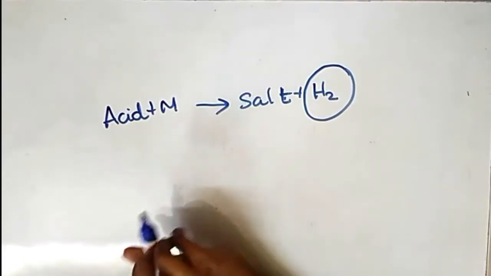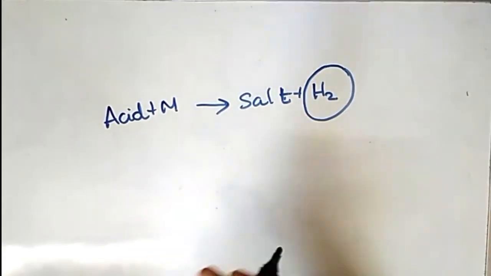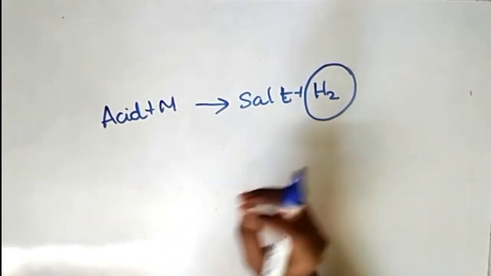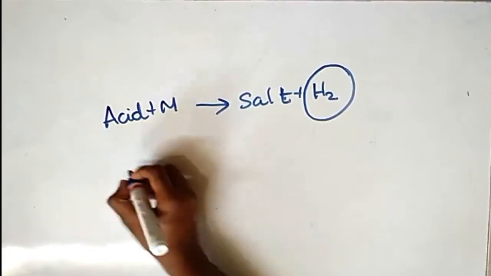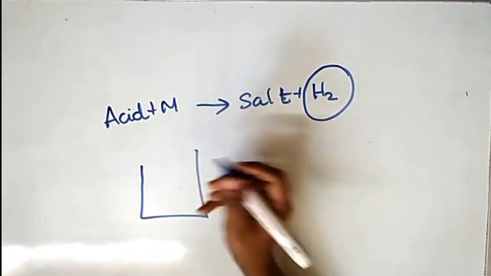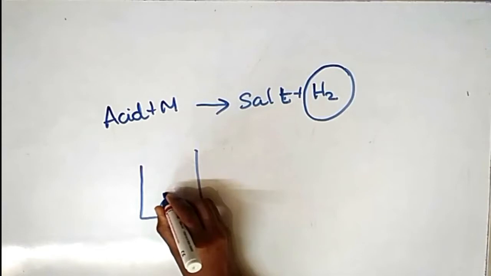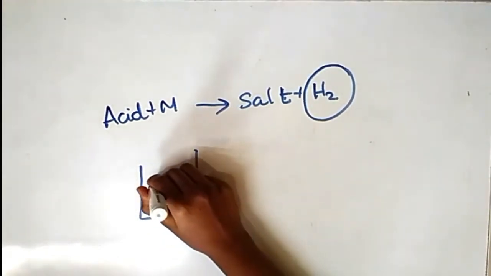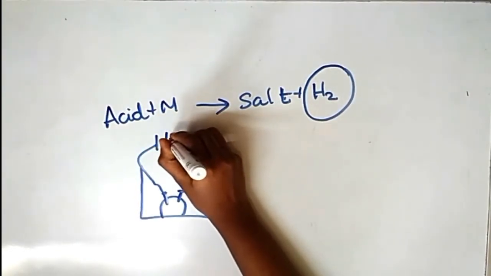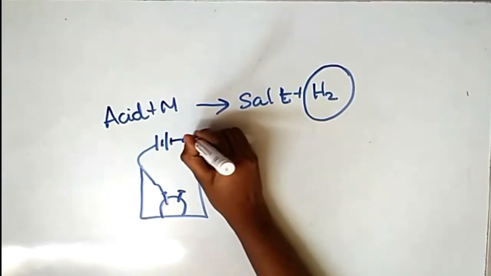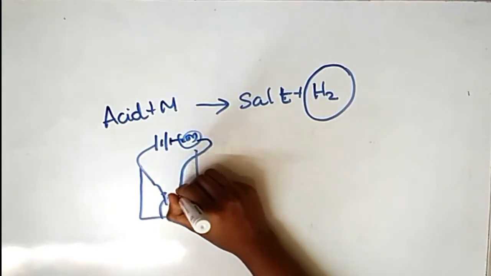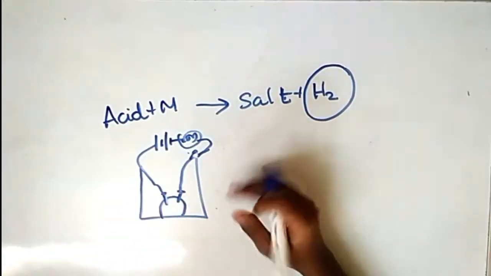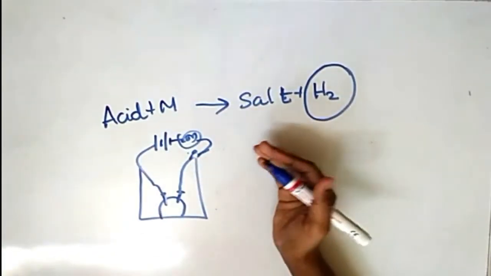Let me ask you a question. Do all substances that have hydrogen in them act as acids? Well, to check that, we will do an experiment. Take a beaker, fix two nails in a cork and place it inside the beaker. Connect the nails to a circuit, that is, we have a battery here and also a bulb, and connect the other end to the next circuit. This experiment setup is to find whether all hydrogen containing substances are acids.